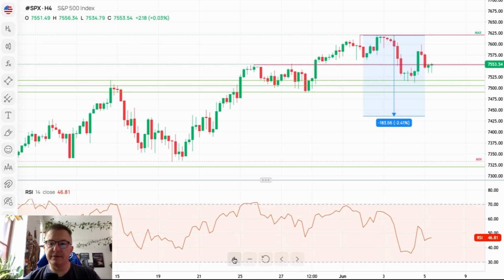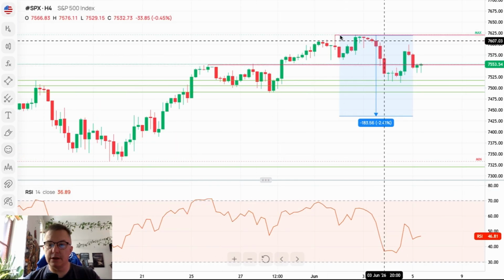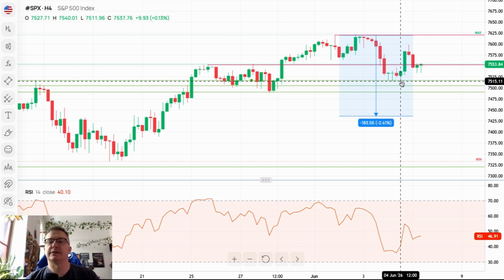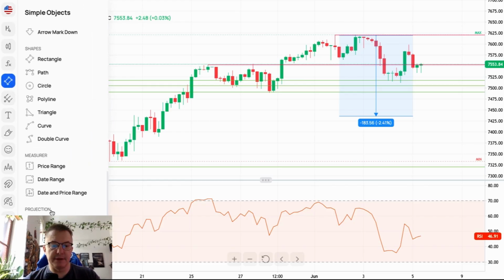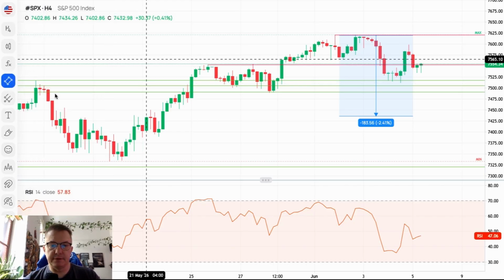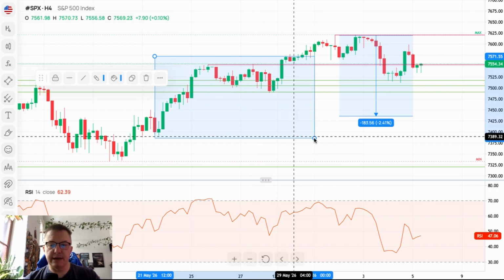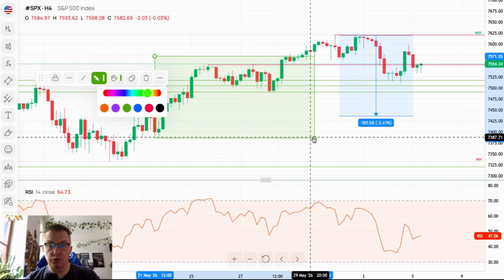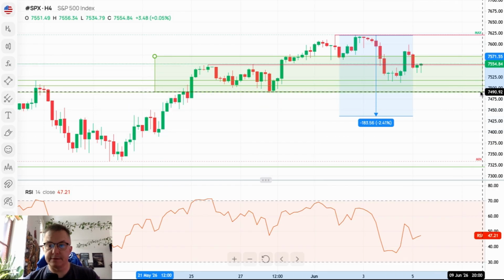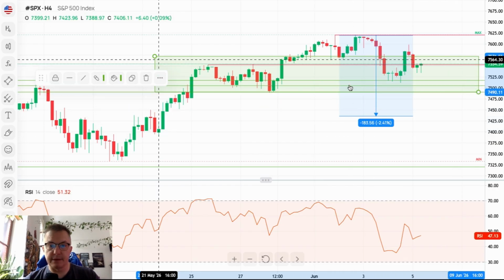S&P 500 keeps moving higher. However, just recently we got the biggest correction to the downside that we've seen. Recently we tested 7,515 and we tested this demand zone. The supply will be a little bit higher, so let me just place this zone for you guys so you can see what I mean.